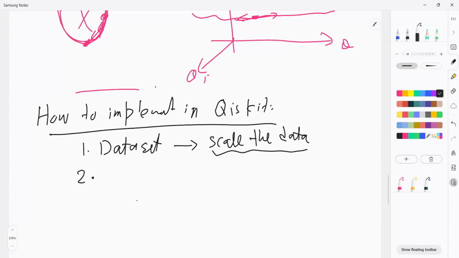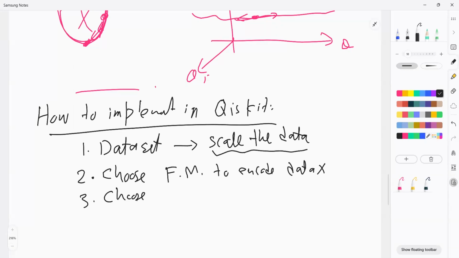Once you have a data set, you choose a feature map to encode your data X, and then you choose a parameterized circuit. By the way, you can have the same circuit as a parametric circuit and as a feature map. There's nothing that bars it. And then you run some